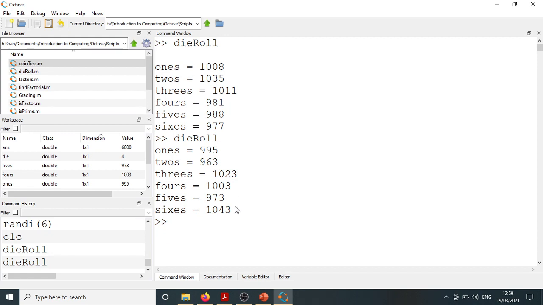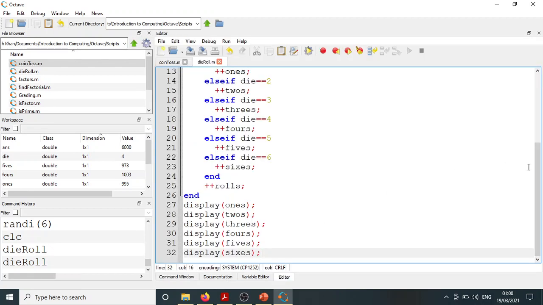और यहाँ पे अब छक्के जी सबसे ज़्यादा आए हैं। ठीक है, so the point is that we can use Octave or computers to simulate the outcome of experiments like these, die roll, coin toss और things like these। ठीक है, अच्छा, यहाँ पे अब ये जो तरीक़ाकार हमने अपनाया है, ये इतना